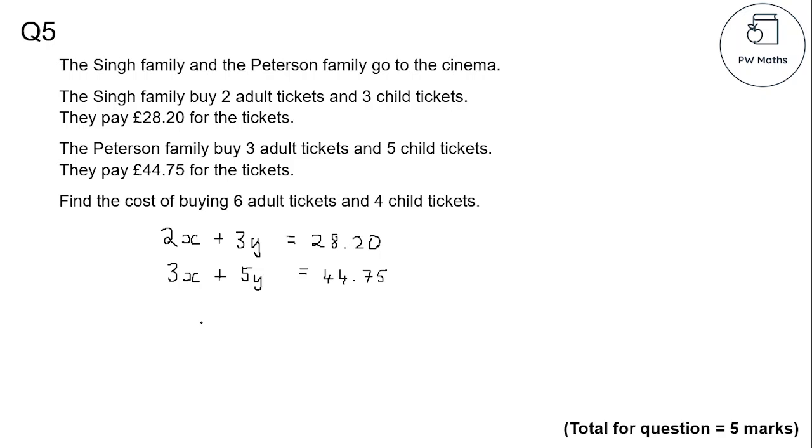Menu, go down to A, which says equations functions. Option number 1, where it says simul equations. The number of unknowns is 2 because we don't know X and Y, and we can tap in 2, 3, equals, 28.20, press equals on the calculator, 3 equals, 5 equals, 44.75 equals, press equals once more,